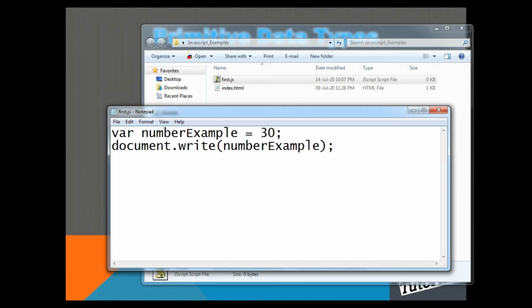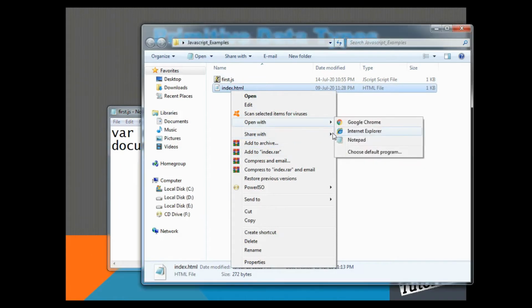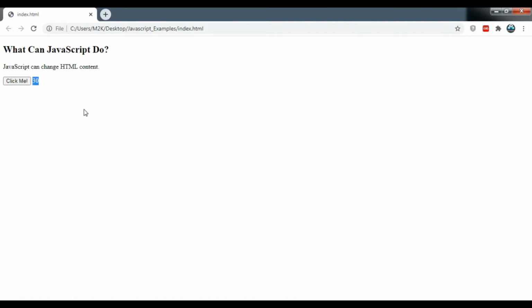Here we have defined this variable, and we are assigning number 30. Data type of this variable is number. Let me run this HTML page in the browser so that you will be able to see what the output is. Here you can see it is written 30.